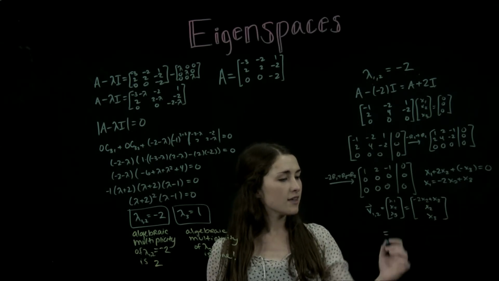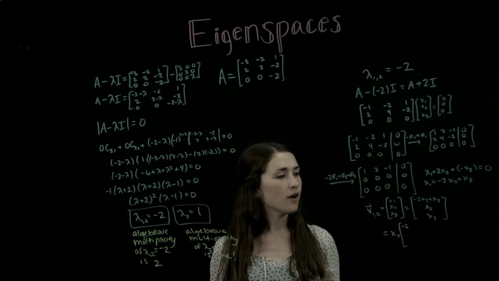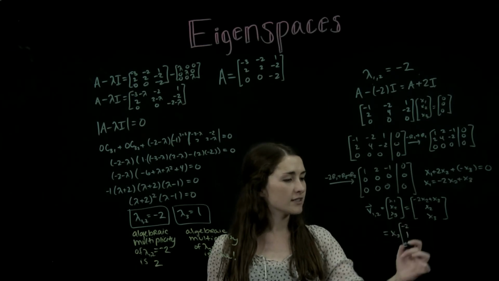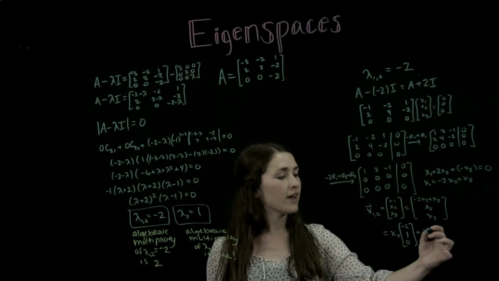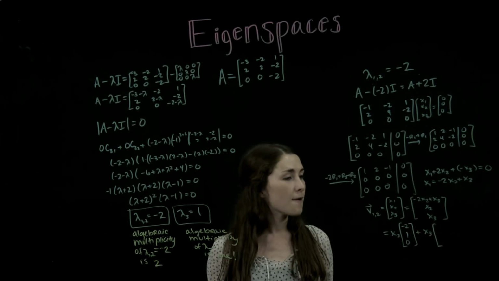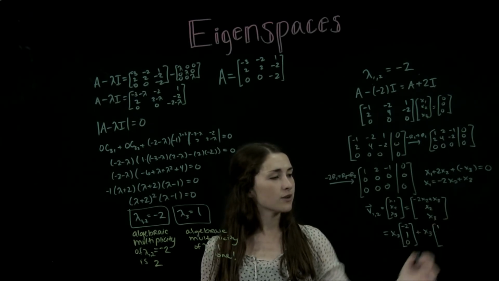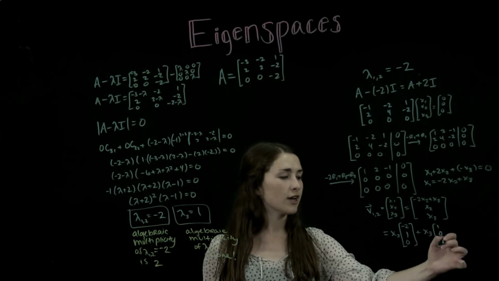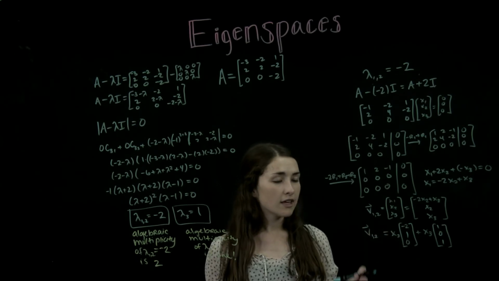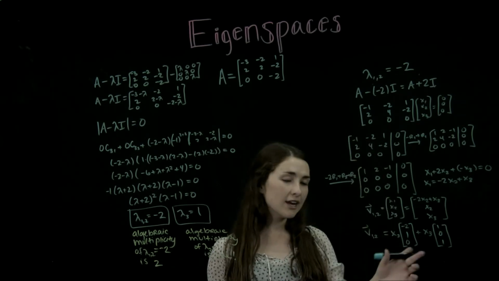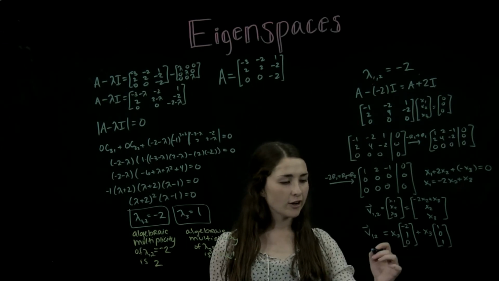So then we can see that we pull out our first free variable, and we have negative 2 x2's in our first entry, 1 in our second, and 0 in our last, plus we have x3 times this new vector, so we'll have 1 x3 in our first entry, 0 in our second entry, and 1 in our last entry. So we know that our eigenvector here corresponding to negative 2 is a linear combination of this vector and this vector. So when we want to create our eigenspace here,